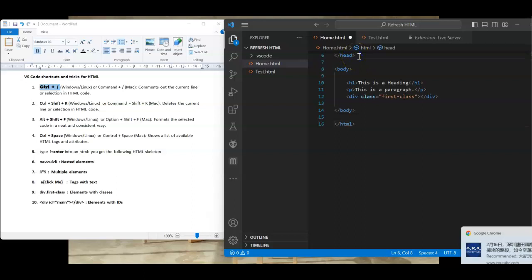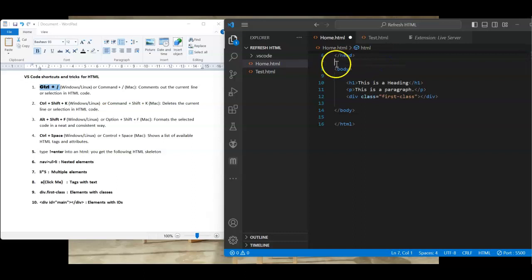Just stay here and press Control and slash. See, the head changes to a comment. So if you want to put some comment in here, you can press Control plus slash, and you can write something here. So it's very simple, short, and a very good way to comment. And number two